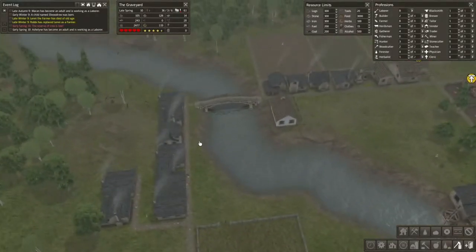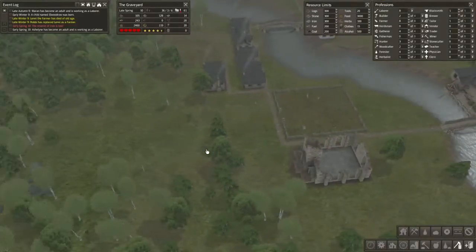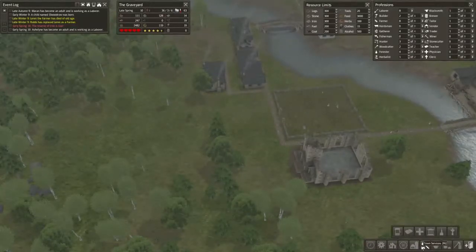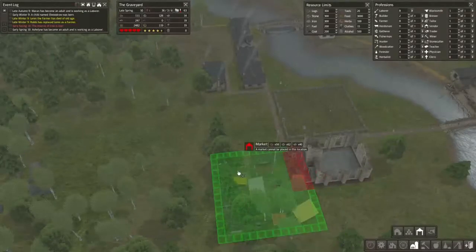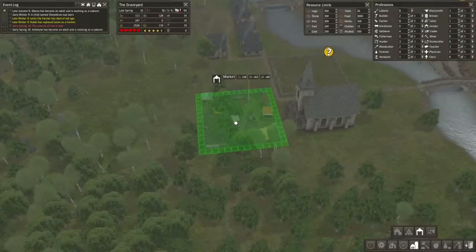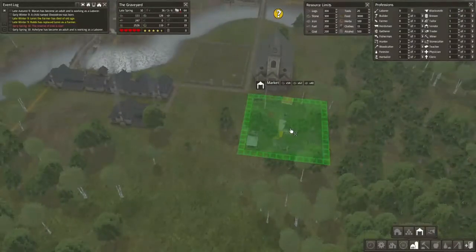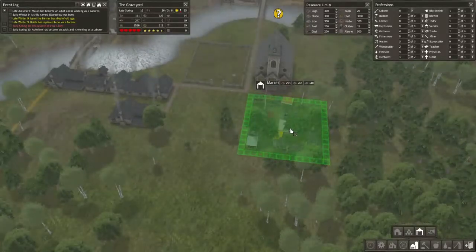Ashley has become an adult and is working as a laborer. Fantastic. We can also start thinking about where we're going to place this market. A marketplace is pretty big, actually, and it's kind of a big deal. See this? I was thinking maybe we could put it in front of the church, over here, and then we can start sticking houses and everything around it,